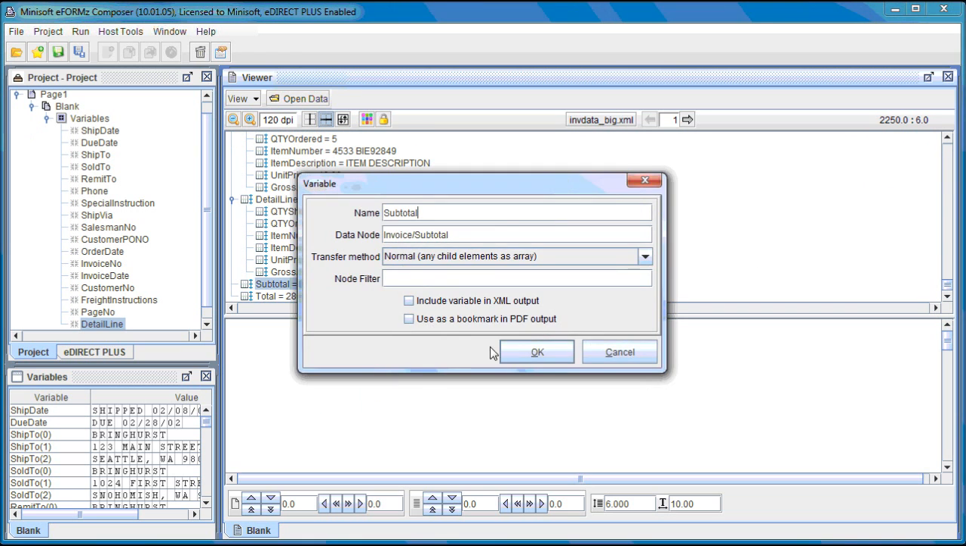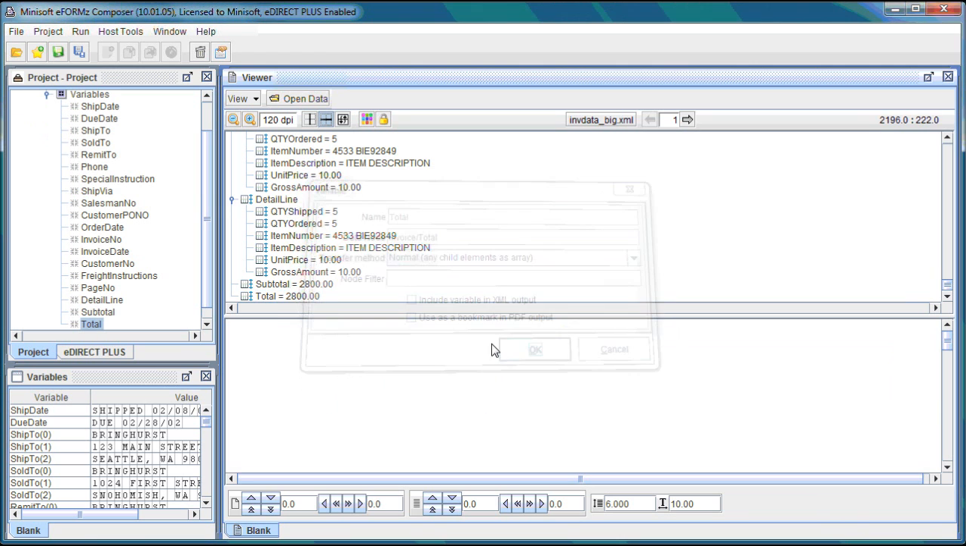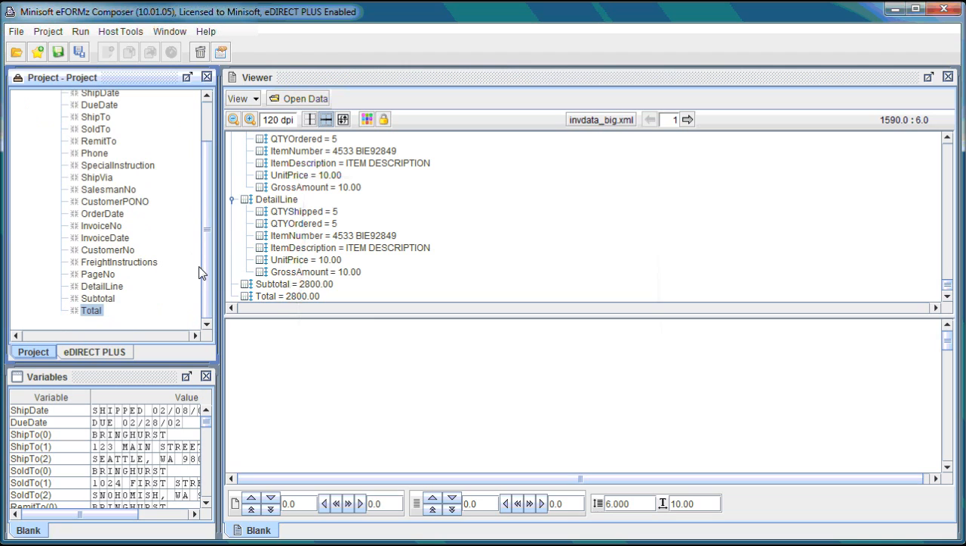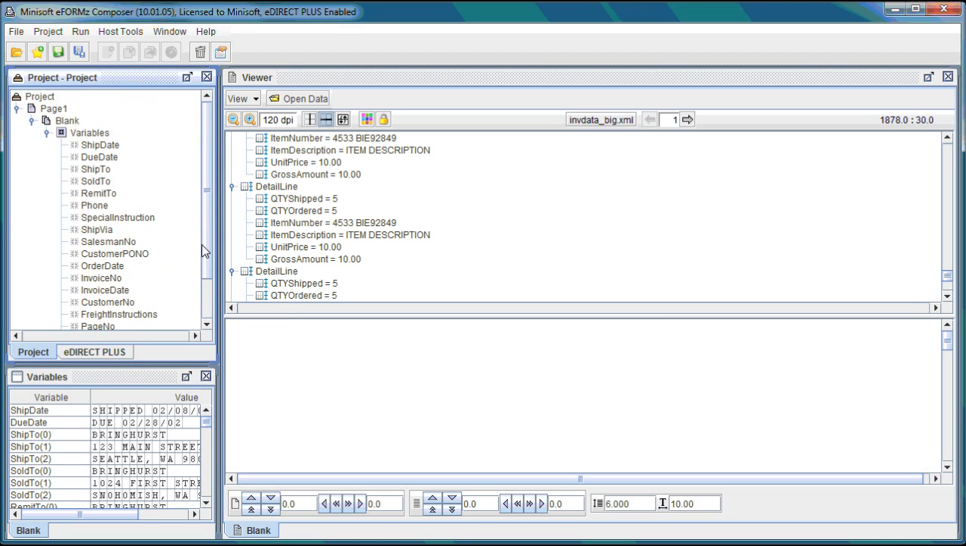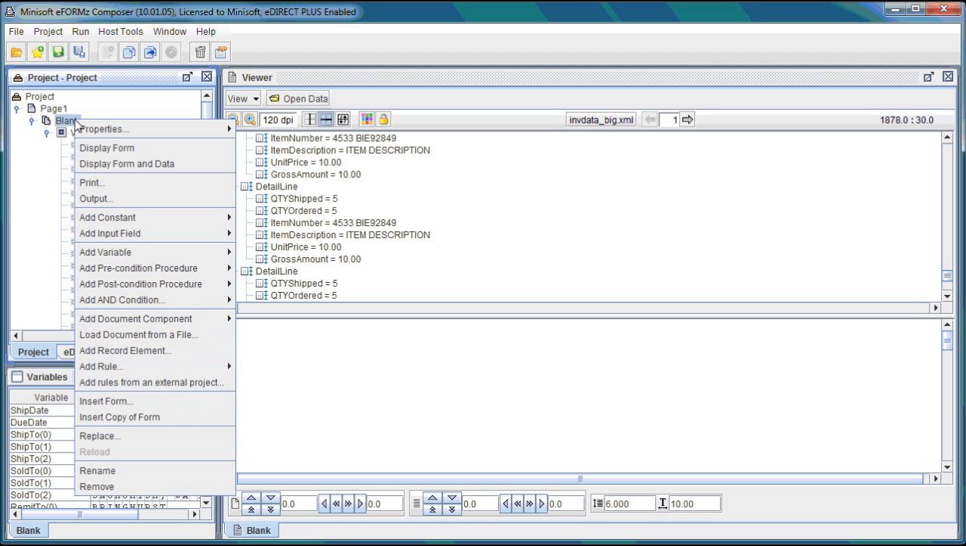So we have all of our data, there we go, picked up now. We have all of our variables, and of course, still nothing showing. So how do we get the variables onto the form? Well, we're going to need to add a document template. So to do that, let's scroll up and right-click our form and select Add Document Component, and we will select